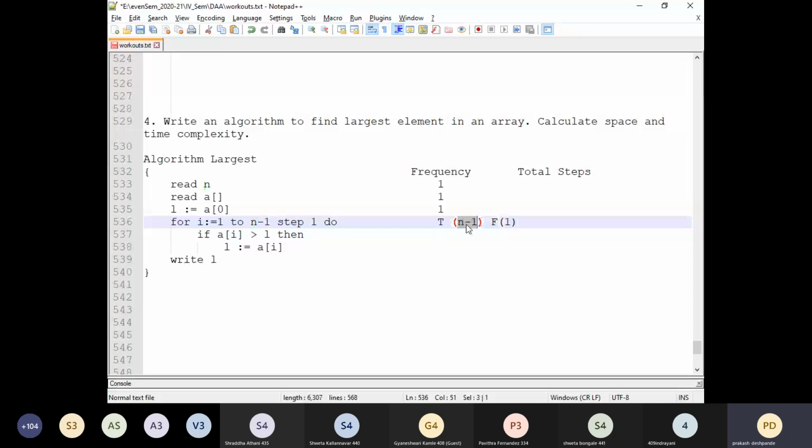So the total is n minus 1 plus 1, that is n. In this n, the condition remains true for n minus 1. The same number of times the statements under the for loop will be executed. Means these statements will be executed n minus 1 times.